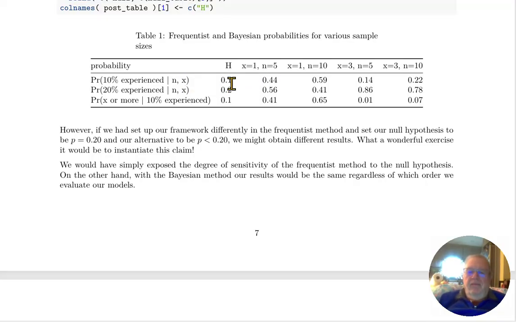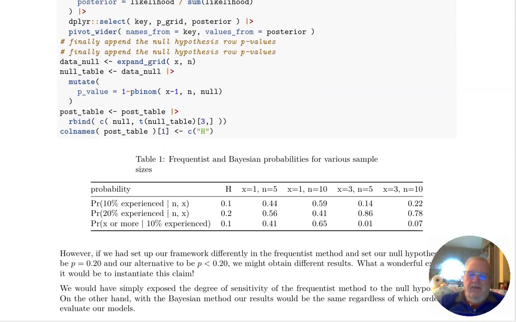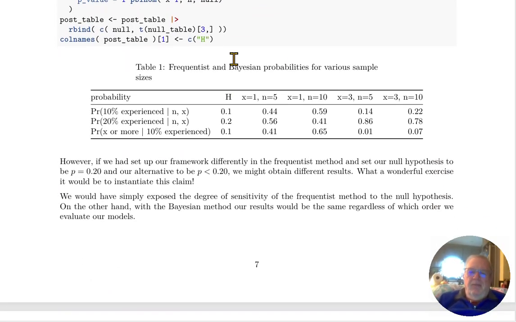Okay, with h. Right? And if you go up here and see what h is, okay, that's the hypothesis that it's 0.1 or 0.2. And then x or more, 10%, that's the 0.1, that's the frequentist approach. You see that